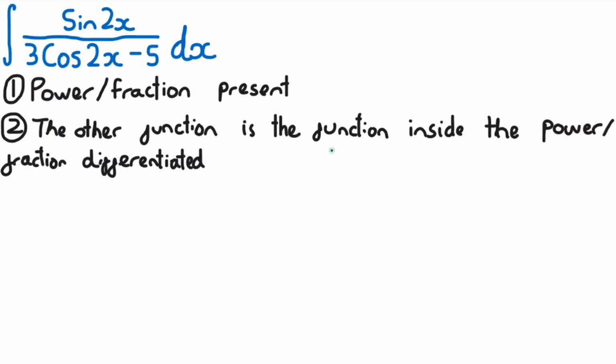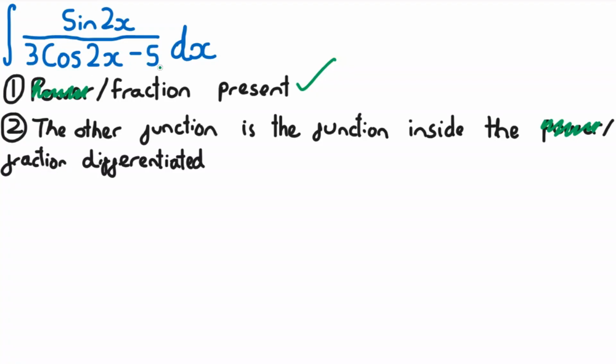Okay, so here's another example where we need to integrate sin of 2x over 3 cos of 2x minus 5. So let's look at the two clues to see if we use the reverse chain rule. So we have a fraction present with this denominator here, so therefore this is the first clue ticked off. And for the second clue, the function inside the fraction, which is the denominator, is this 3 cos of